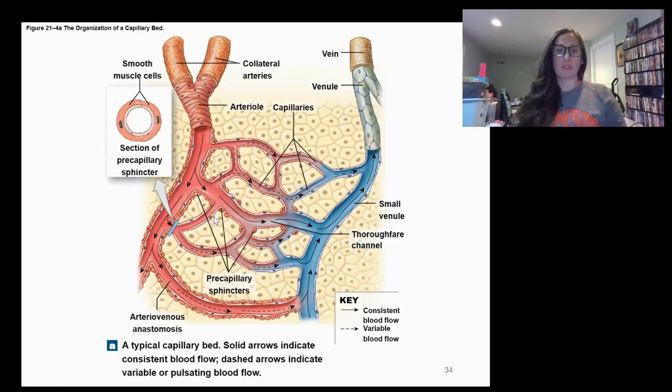And so this is what it looks like at a capillary bed. So when we've reached that point where an arteriole tapers off into this very small section, it's going to branch into these capillaries, and they're going to be embedded and weaved through whatever organ, tissue, bone, muscle, whatever it is that we are talking about in the body. And we'll have these capillary beds that sit throughout. And basically, as the blood moves through the capillary bed to the other side, which is going to be the venous side,